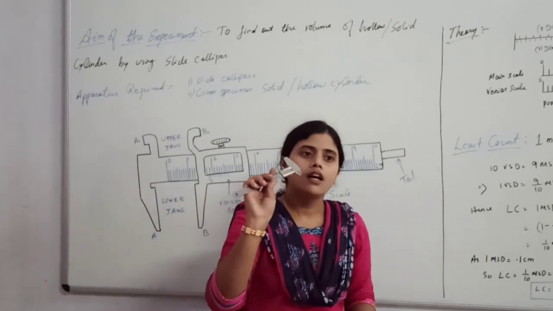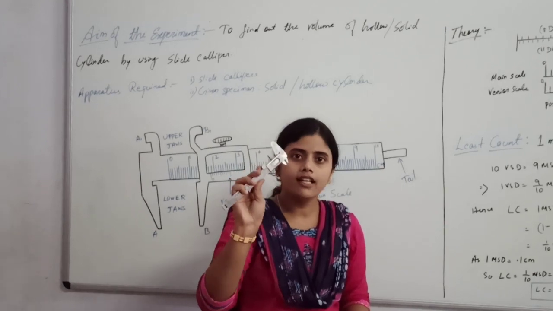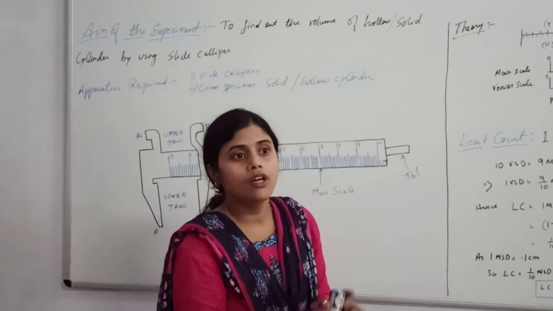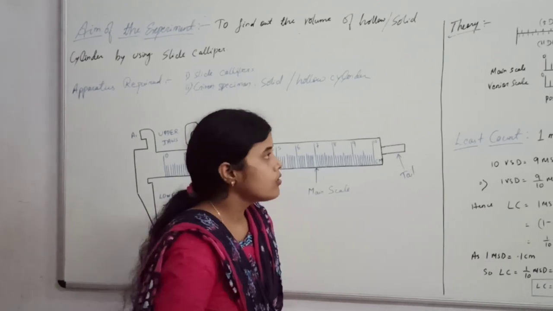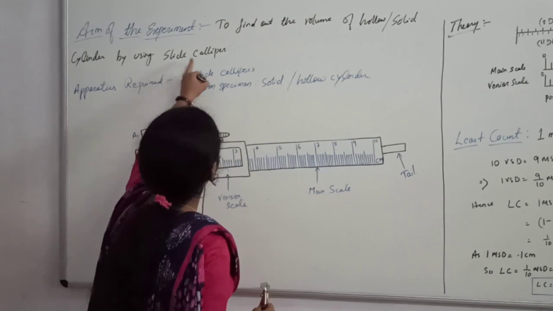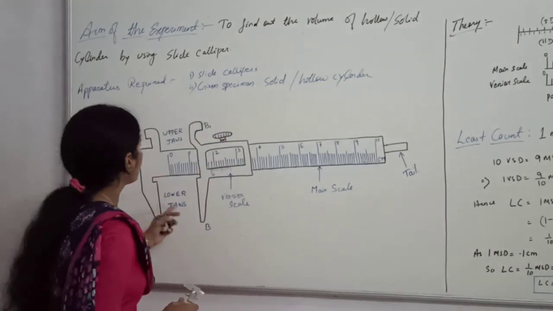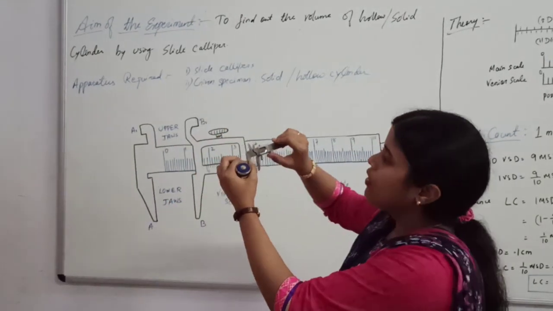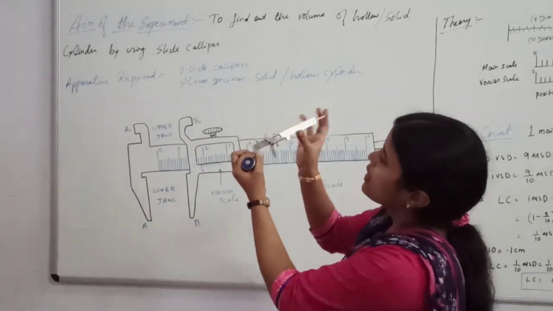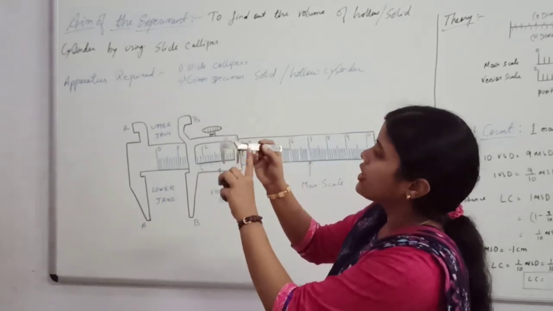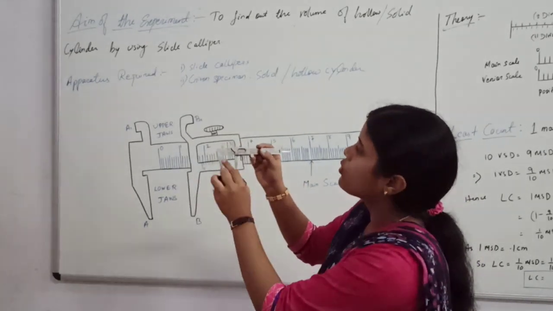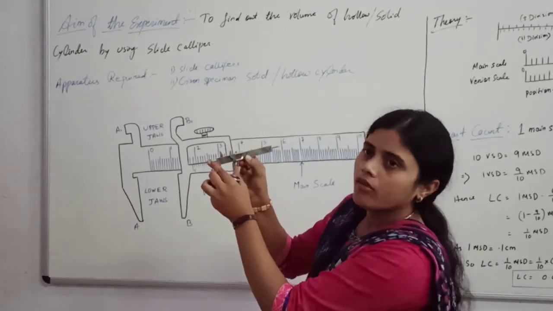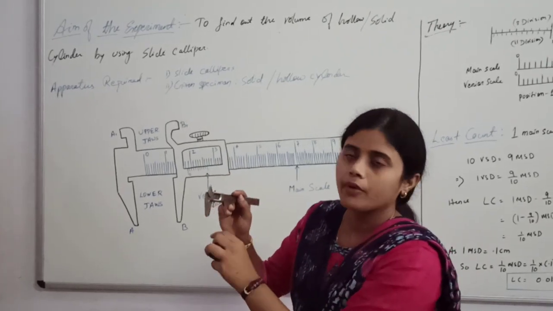So by using the instrument called slide caliper, we will be able to measure the height and the diameter of the given cylinder. So I want to tell you why this is called slide caliper, because you see in this scale a small sliding scale is there above this main scale. I will tell you each and every part of the scale. For the time being, you just know why the name is slide caliper, because a small scale is sliding above it. That's why we call it a slide caliper.